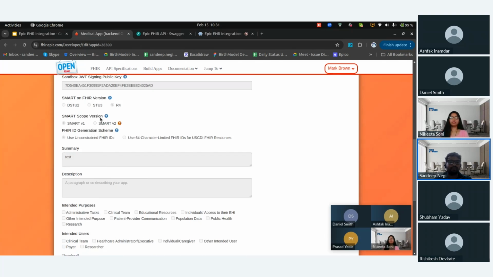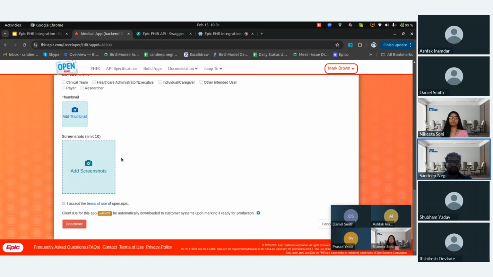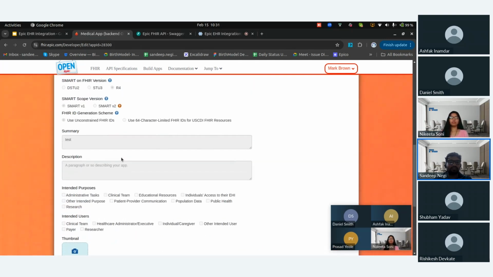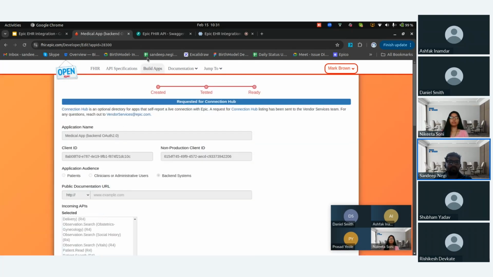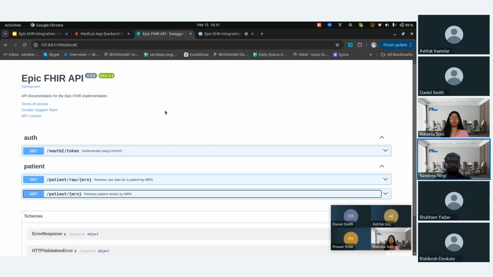Then we can select the SMART scope version from here. All other fields are non-mandatory, but you can select them based on your application requirement, like intended purpose and intended user. Now if I go back to my code here,